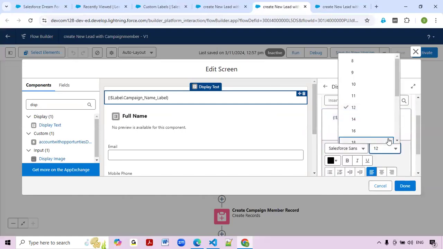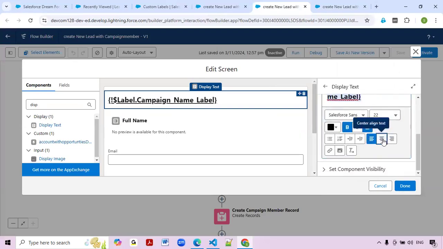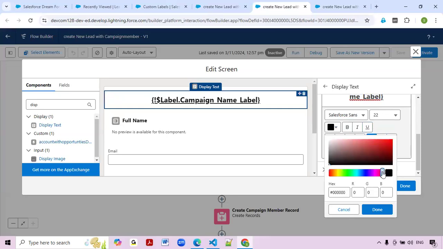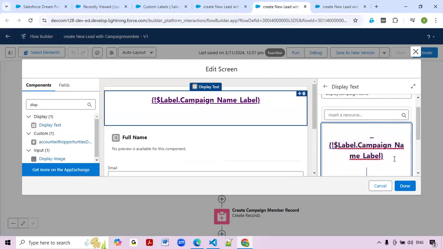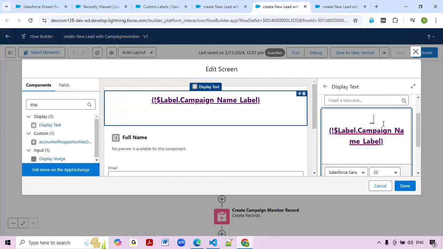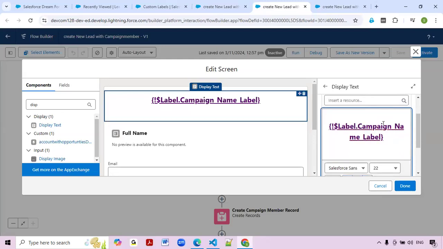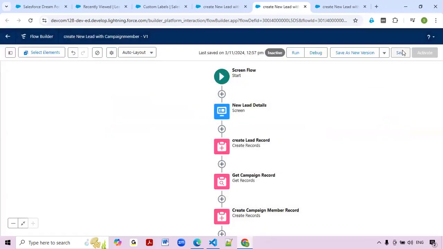Okay, so for the size we are going to give 22, bold, underscore, align to the middle, and we can give some color to the naming. After that, we can give some space between these two, that's why I'm giving two enters. Now here we can access our campaign label name. So click on done, click on save,